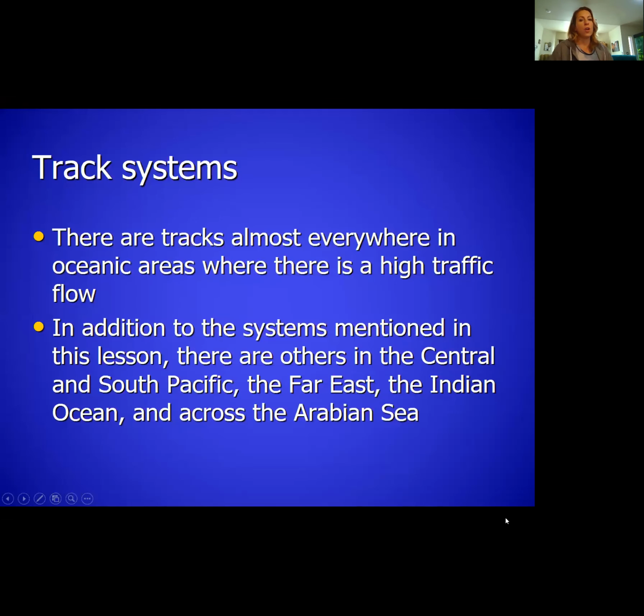Track systems. In your project number 2, which you have just received, and in actual class I would have given you a packet, there will be some information on routes and tracks. You do not have a formal track, so you're not on a NATS track, but I'm going to mention all